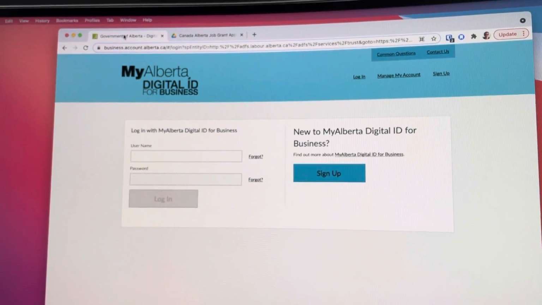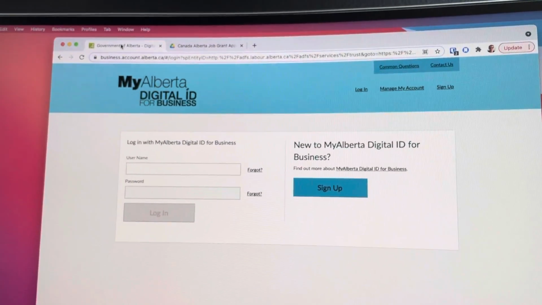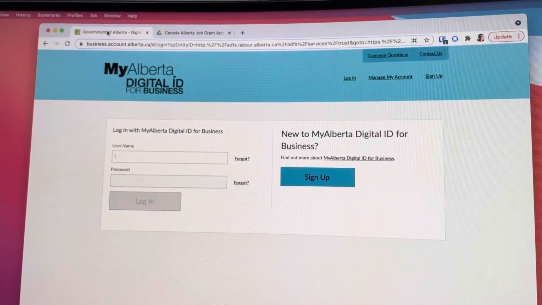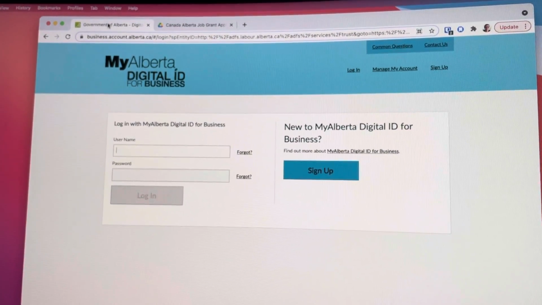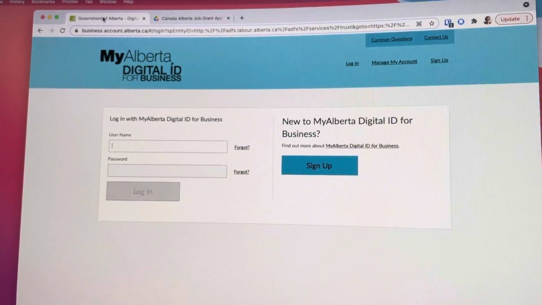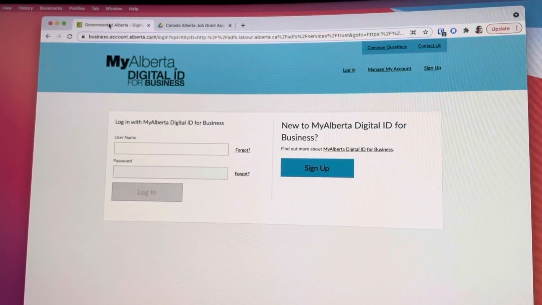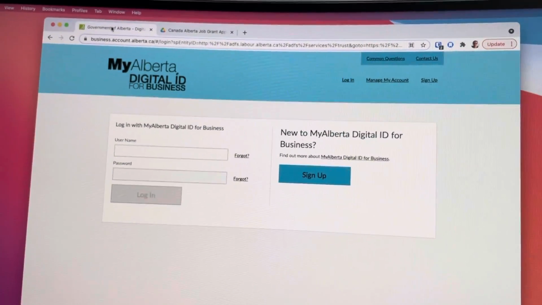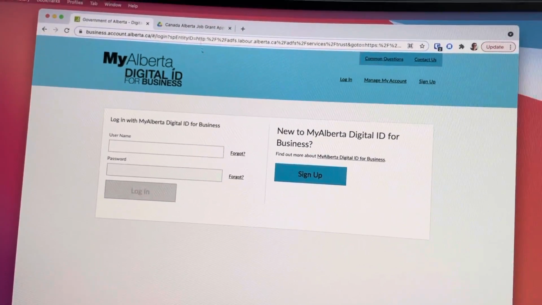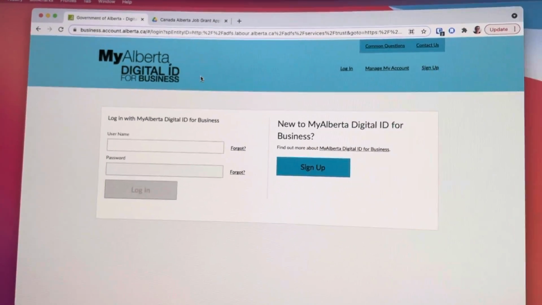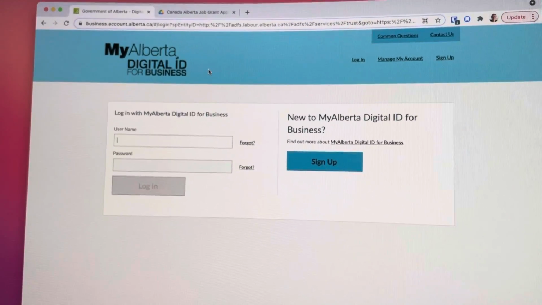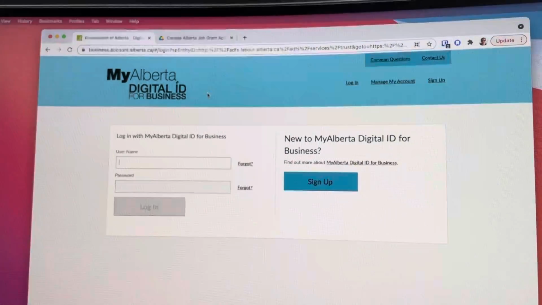Okay, this isn't really like a typical 2-second improvement, but it's kind of a bunch of little systems improvements to this particular process all rolled into one. So this is where I have to log in to get an application for a Canada-Alberta job grant for some upcoming training. So first roadblock I ran into was that I didn't have a username or password stored in either